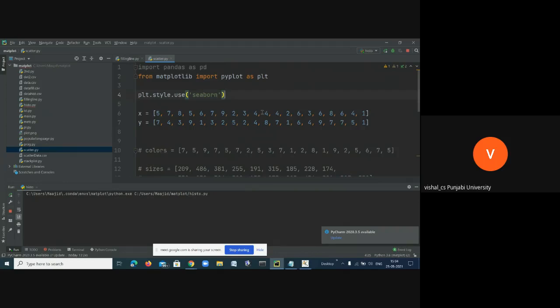I want to see whether there is any correlation between x and y. Then we use scatter plots.